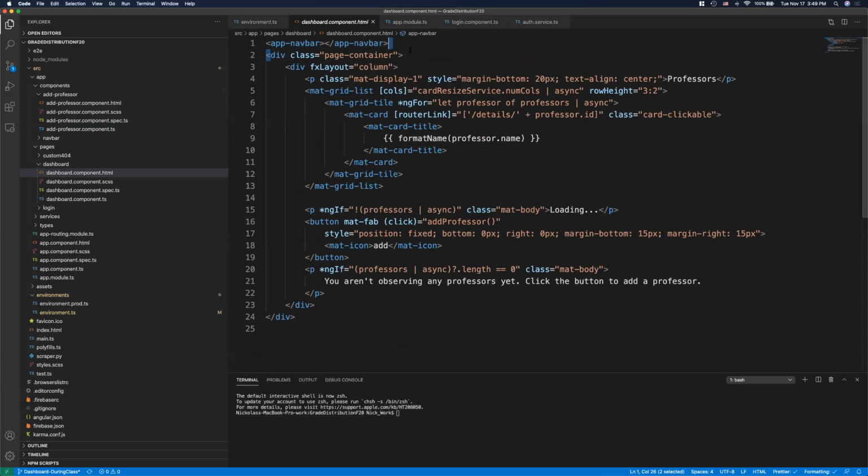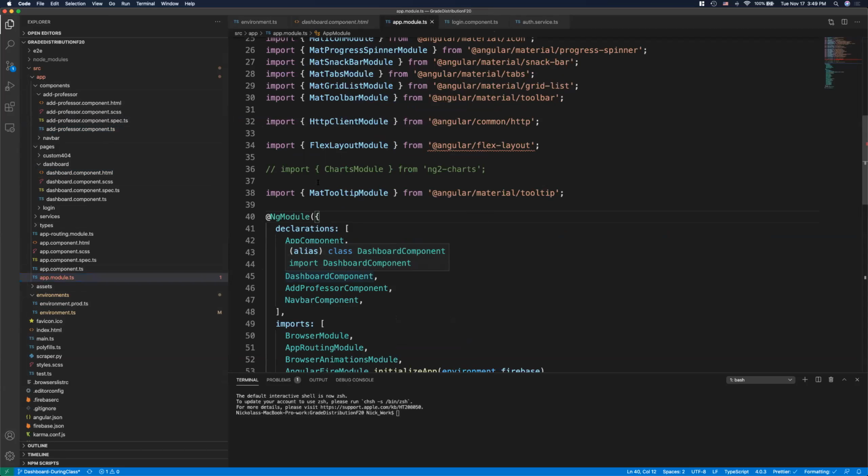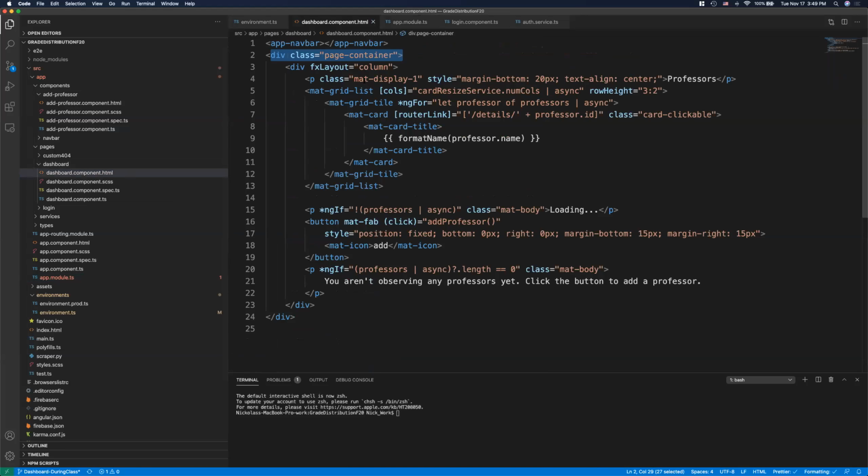You'll see I have a div. I'm using the flex layout. Okay, flex layout. You'll see in the app module, I've imported this already for you. It's called the flex layout module. Looks like we have some errors here. We may need to download it. Okay, we may need to do an npm install. But I'm using the flex layout. I have a mat grid. Basically, I have a card. It's going to ask them which professor they want to use. And basically, when they click the button, I'm going to go ahead and try to add that professor to that user. So let's start with